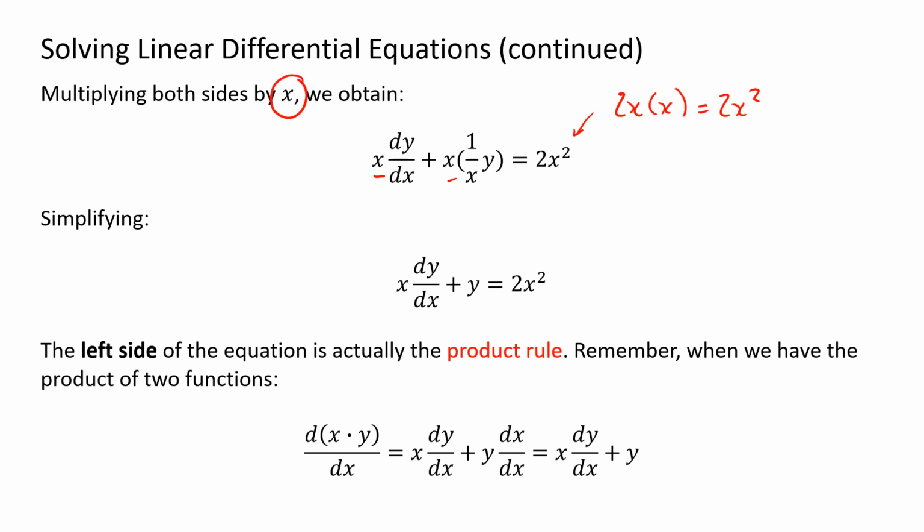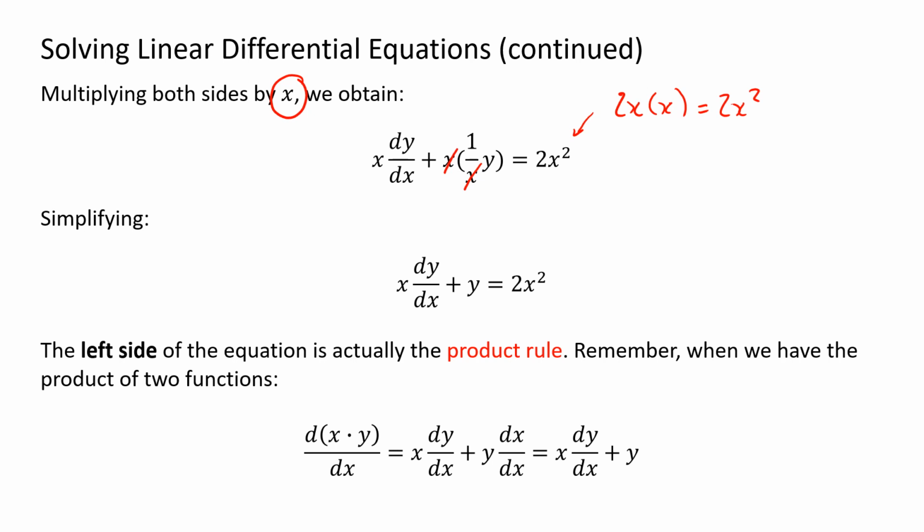Okay? So if we simplify this, the one simplification we can do is we have an x divided by x, which cancels. So we're left with, on the left-hand side, x times dy by dx plus y is equal to 2x squared. So what I want to show you, I don't expect you to look at this right now and think, oh yeah, this was automatically the product rule. But when you're solving these equations, what you're going to notice is because we multiply by that specific